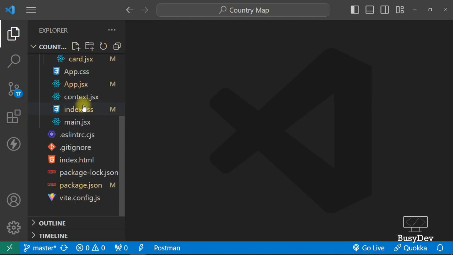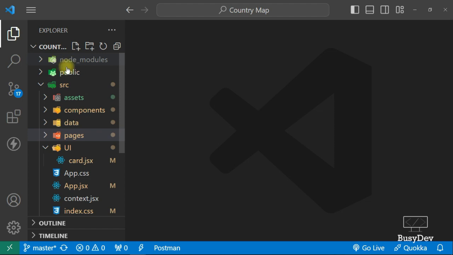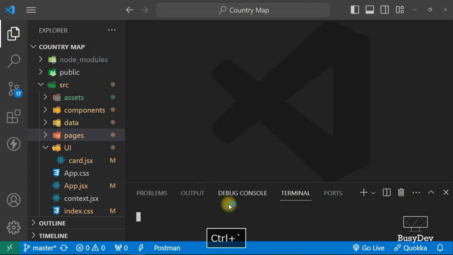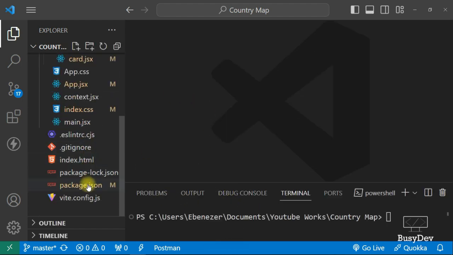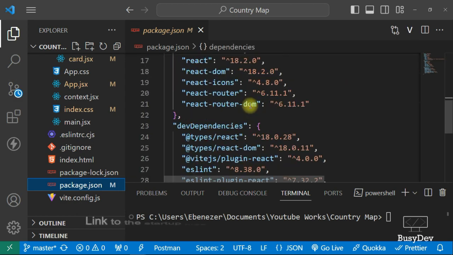Alright, so this is the basic structure of the startup folder I'm going to use. I have my node modules installed. I don't want to start from scratch. So I want you to view my